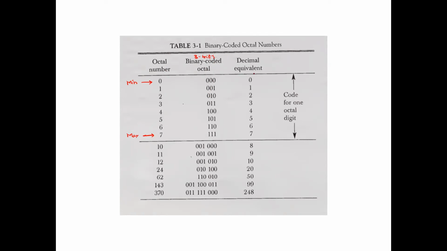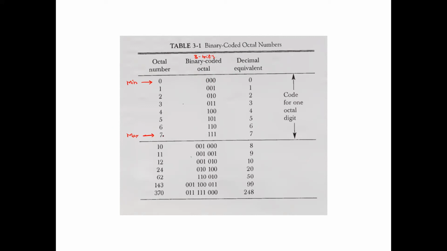And its decimal equivalent is also the same octal digit. So for 0, we will write 0. For 7, we will write 7 in decimal. But you should not write this octal in binary coded form with 4 bits. Even this is also representing 0, but you should not take more than 3 bits. That you must remember. So I will remove that 4th digit. And don't take less than 3 bits also. You can't write 0, 0. Even this also represents 0, but you should not take less than 3 bits. So always you are supposed to take 3 bits because we are in octal number system.